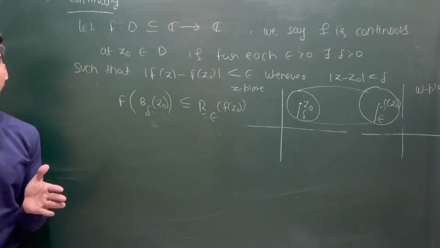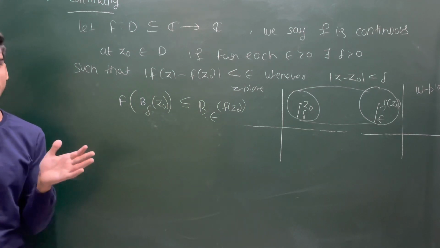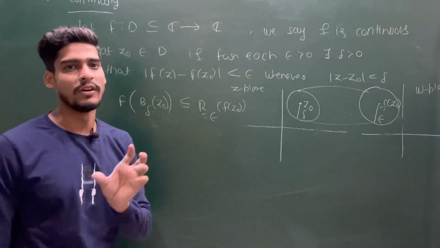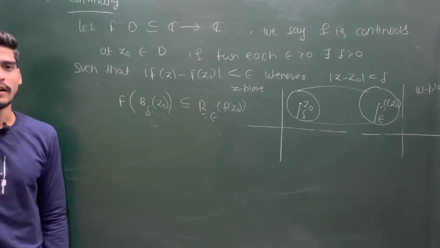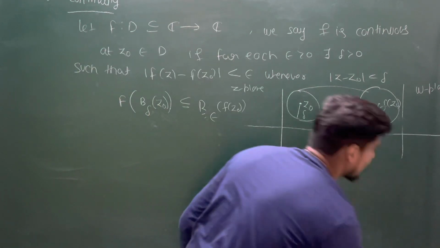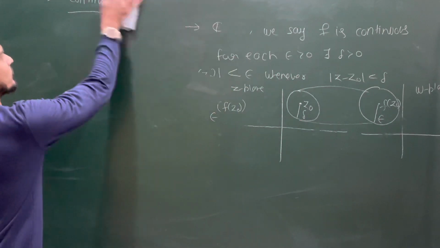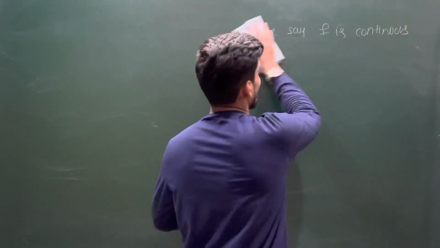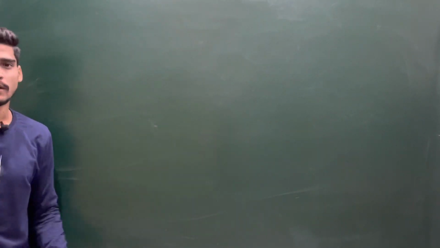Each metric induces a topology, and that topology is known as the topology induced by the metric, but not every topology can be induced by a metric. There are some topologies which cannot be induced by a metric. The example you must have studied in your topology part. I am telling you these statements because if you want to attempt the problems of CMI, you may need these types of statements.